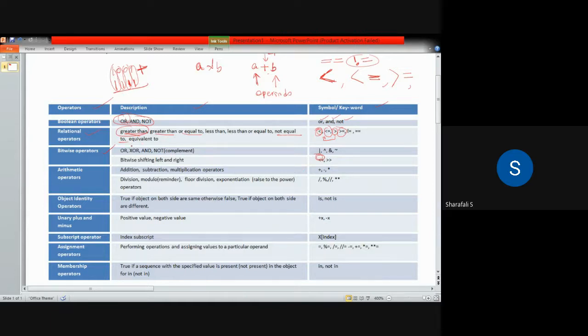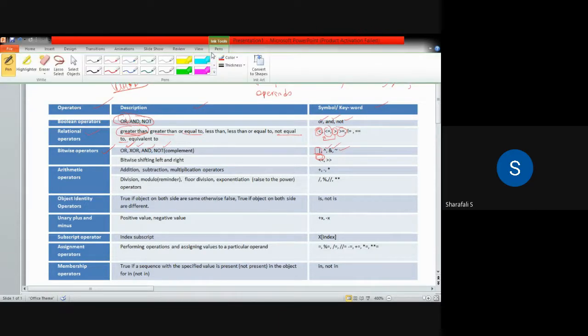So for that also we can use this, or the description is for or, XOR, and not, all these things, and the corresponding operators that we use in Python are these things. So this one is for or, this is for the XOR operation, this is for the AND operation, and this is for the not operation. This is nothing but that negation symbol. Okay, so these symbols we can use for doing the bitwise operation.